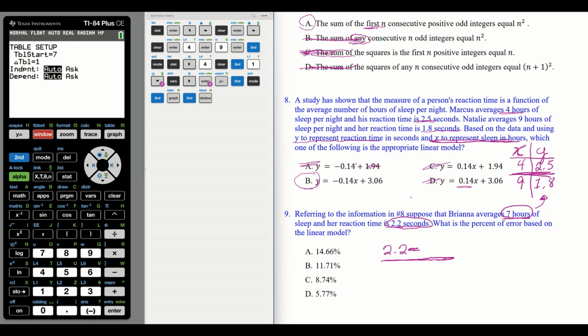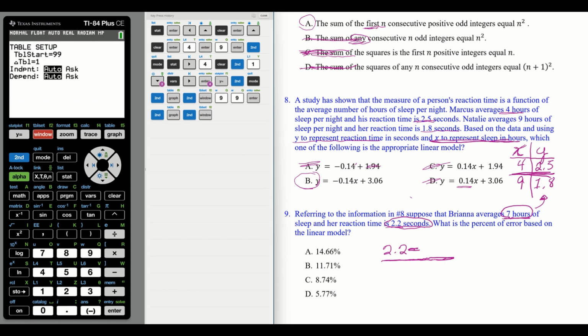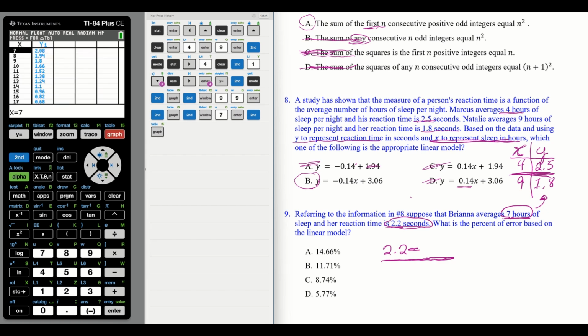See how my cursor's on the 7? I'm going to do 99. I'm pushing enter. Notice nothing happens. You have to push second graph again. Look, it's on 99. Oh no, I don't want it on 99. Well, obviously we can go back and put it back on the 7. And there we go. So we just need to subtract by the 2.08